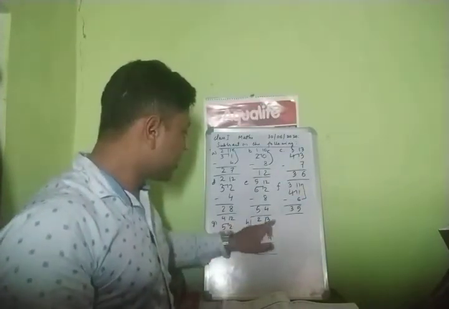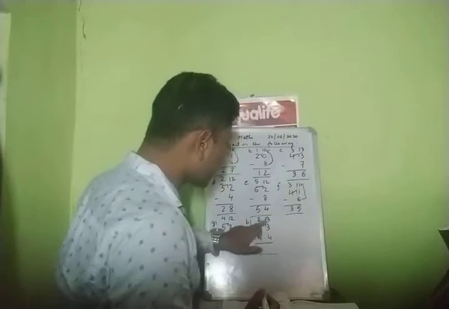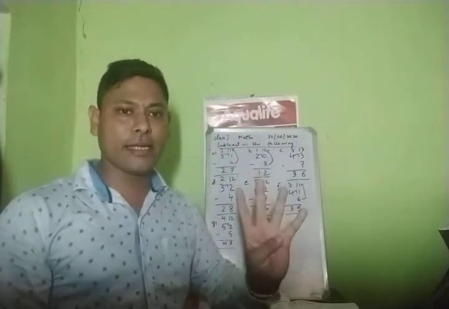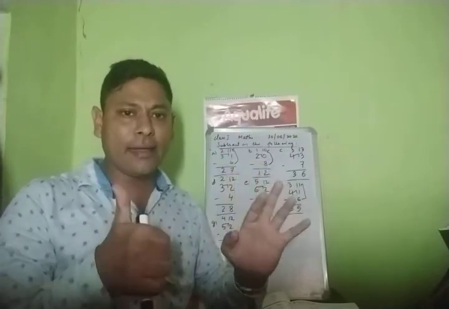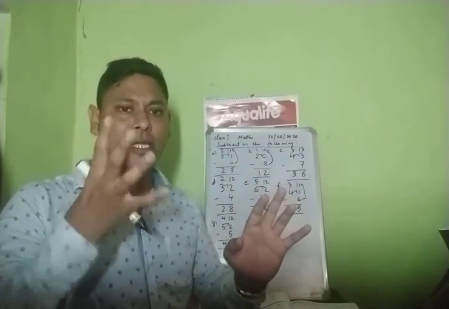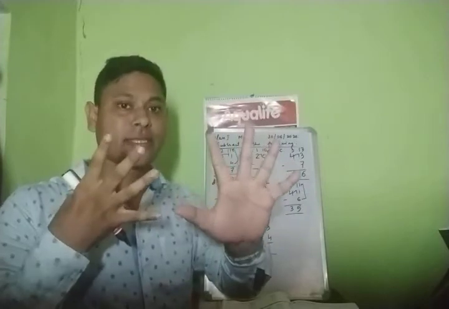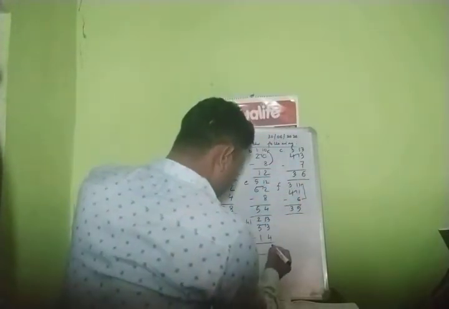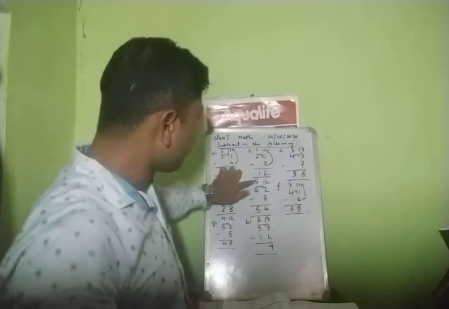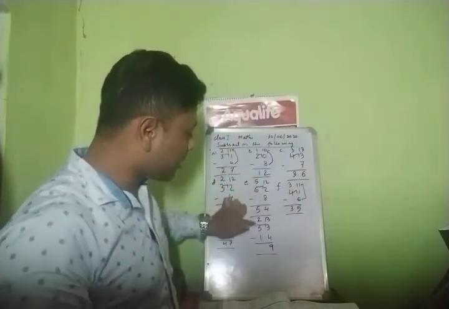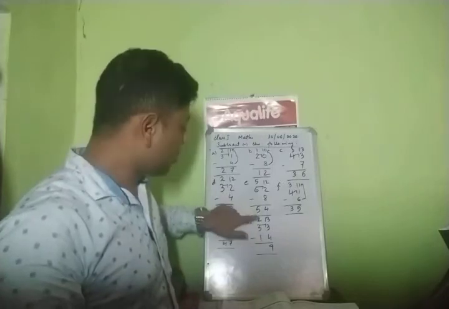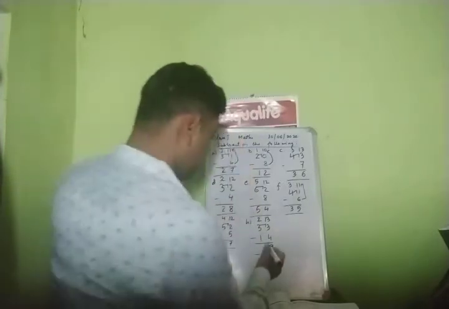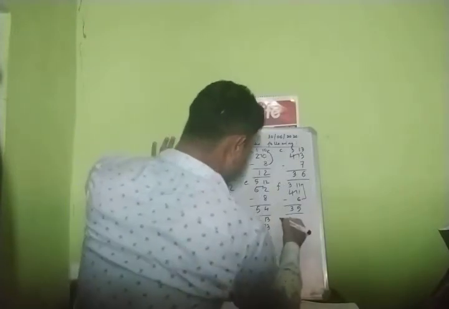Okay. Then from 4 you count till 13. 4, 5, 6, 7, 8, 9, 10, 11, 12, 13. How many? 9. Right? Now, before here only one number was down, nothing was there. But now, a number is there. 2 minus 1. Simple. 2 minus 1, 1. Okay?